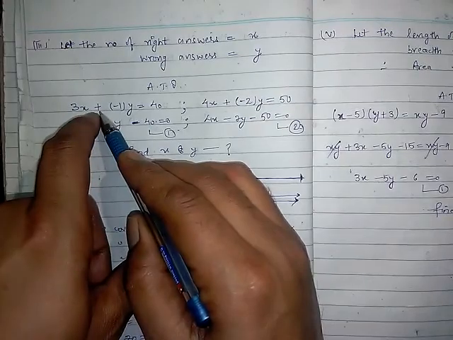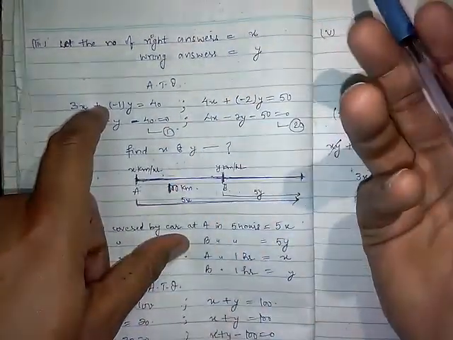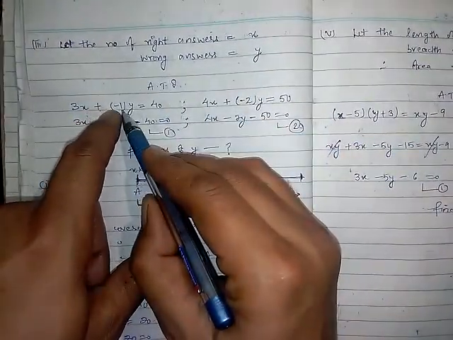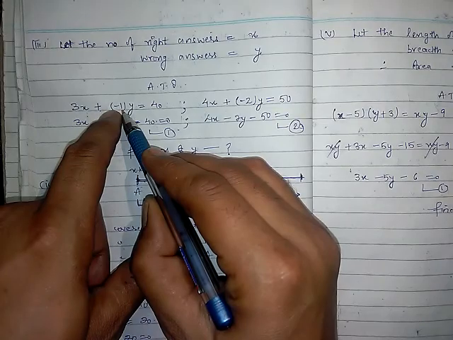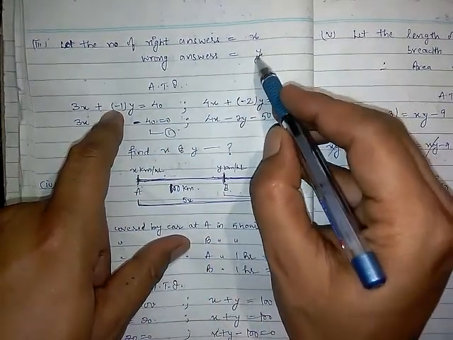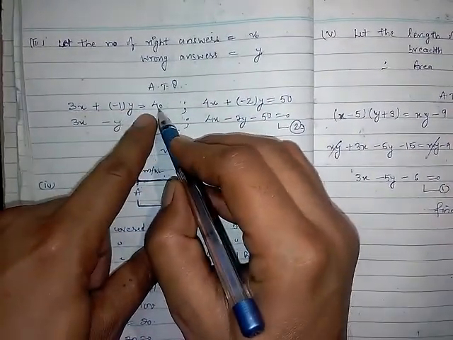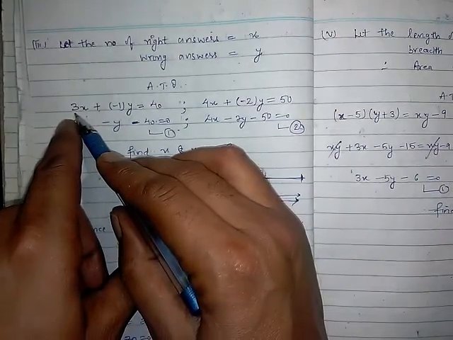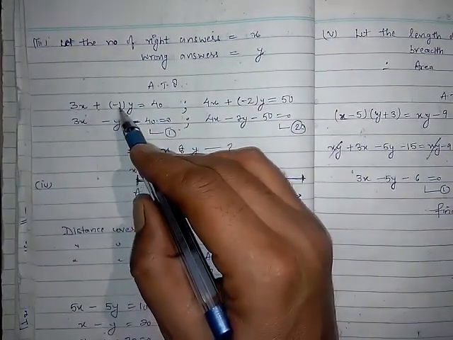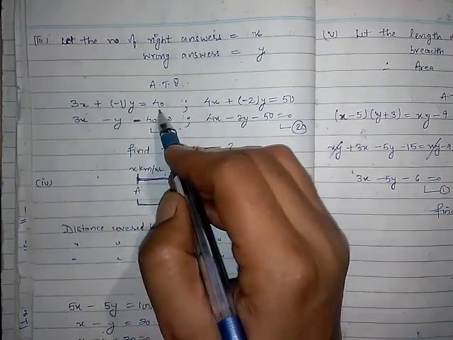After that plus, the next total, मतलब जो लूज किए हैं उनका टोटल कितना बन रहा है. So what is the marks lost for one wrong answer? -1. And what are the numbers of wrong answers? That is y. So multiply these two, -1 into y, and total will give you 40. ठीक है. If 3 marks are being rewarded for each right answer and losing 1 mark for each wrong answer, then Yash scored 40 marks.